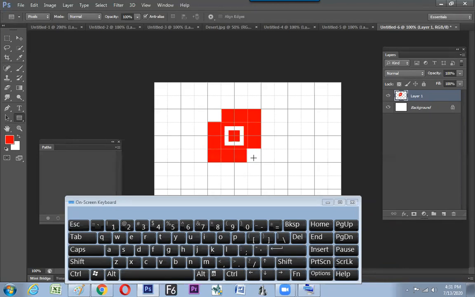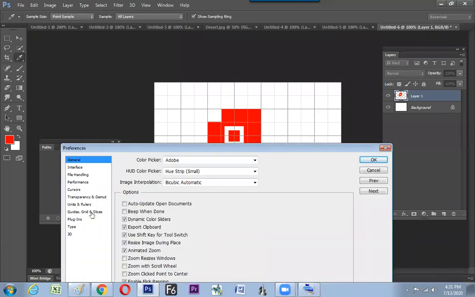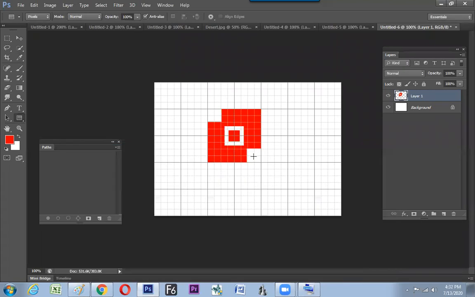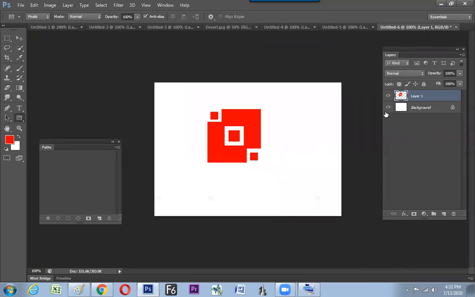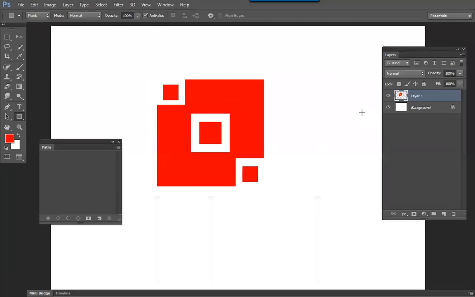Next, if you need to have more cuts, Control K, switch to the grid and get the subdivision to get it more, like 4. So here we find still more divisions, get normal shapes, add up. So what you are finding here, the things will go in a rhythm because the grid is working on the back end. And on a single layer, you have generated all things. Hope it may help you out to make the logo design.